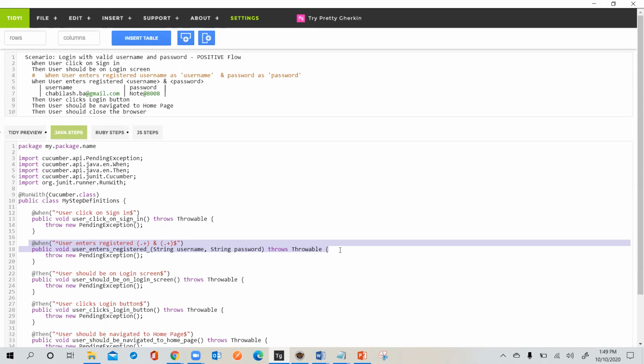What is this? A dot plus means it's a regular expression. For example, regular expression means if it is 0 to 1, or A to B, capital A to capital Z or small a to small z, everything is there, then they will consider it as dot plus. If it is more, there are some patterns for this. Can you type cucumber regular expressions, Abhilash, on the screen? We should know how we need to define the regular expressions also.